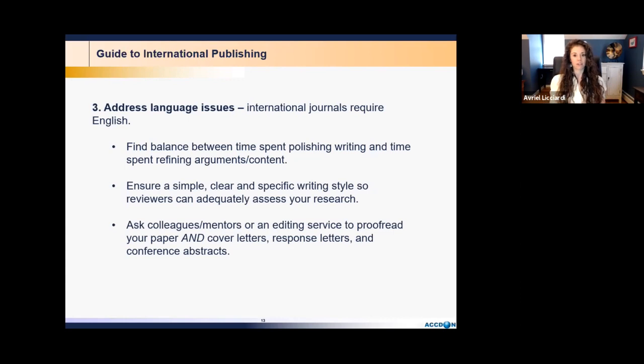The response letters that you're going to write after your article has been accepted, but required revisions. And then also for any other scientific documents you might be writing in the future, any abstracts for conferences, any part of your CV for job applications. Again, this is something that we all work on throughout our careers, but it is important to work on this